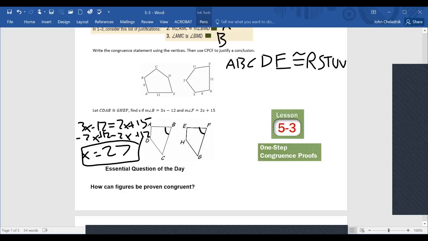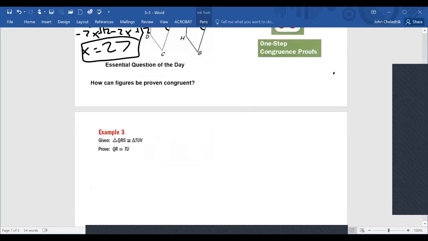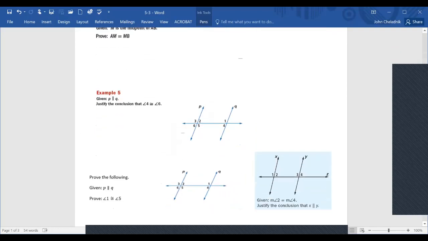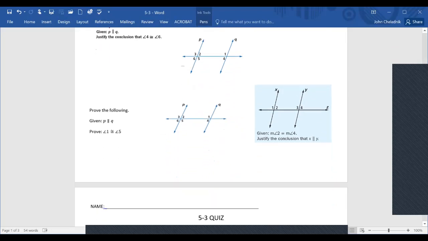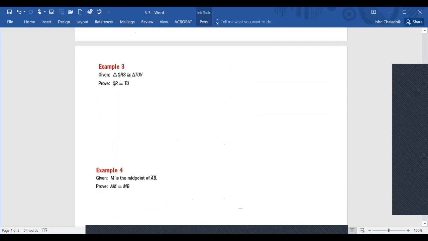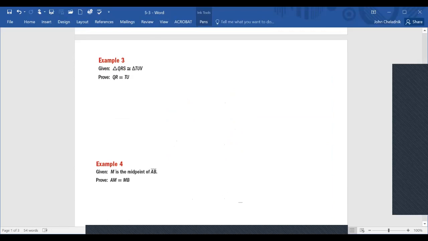Okay, lesson 5.3 is called one-step congruence proofs. And the essential question is, how can figures be proven congruent? So notice the rest of this note sheet is nothing but proofs, right? Nothing but proofs. So when you are making a proof,